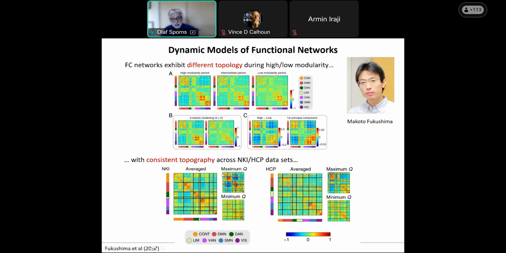sets essentially look like a disconnection between what I might call loosely extrinsic systems and intrinsic systems. That is, systems that are more sensory motor on the one side and attentional, and on the other side, default mode and frontoparietal. So this signature was something that we found across different data sets. And while the minimum Q states were much more heterogeneous, the windows were of much more different topologies that could not be easily classified and actually gave rise, on average, to a sort of flat, what you might call a more integrated state. For some years, we worked with windowed analyses like this, and quite frankly, I was not very happy